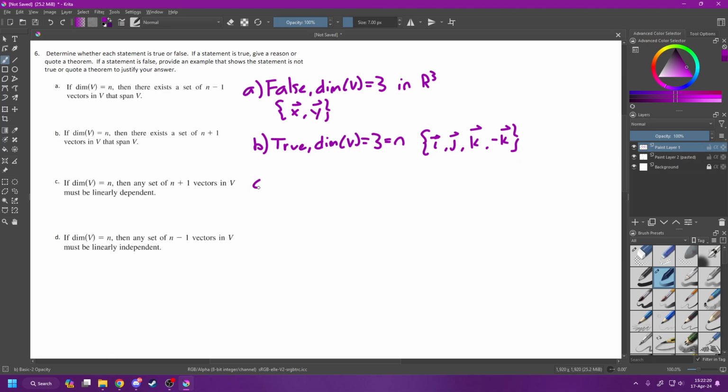Now, moving on to C. If the dimension of V is equal to n, then any set of n plus 1 vectors in V must be linearly dependent. This is also true,